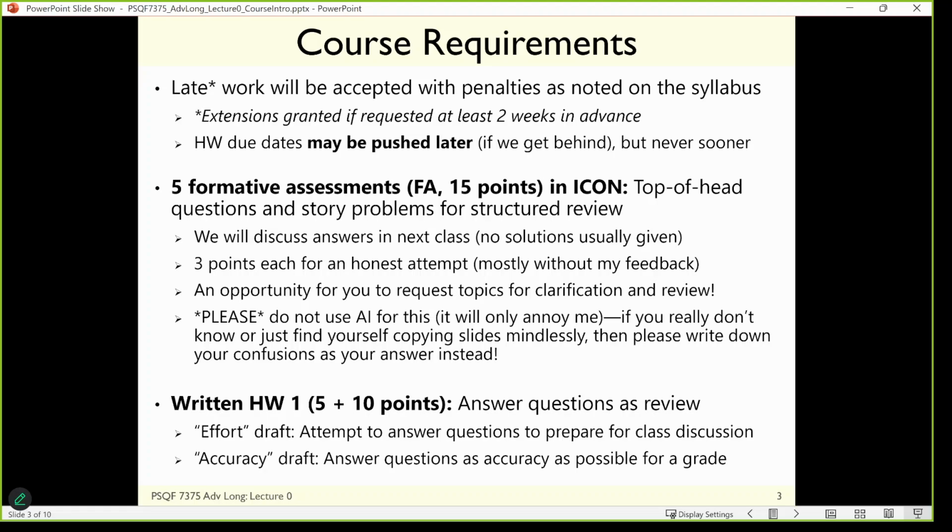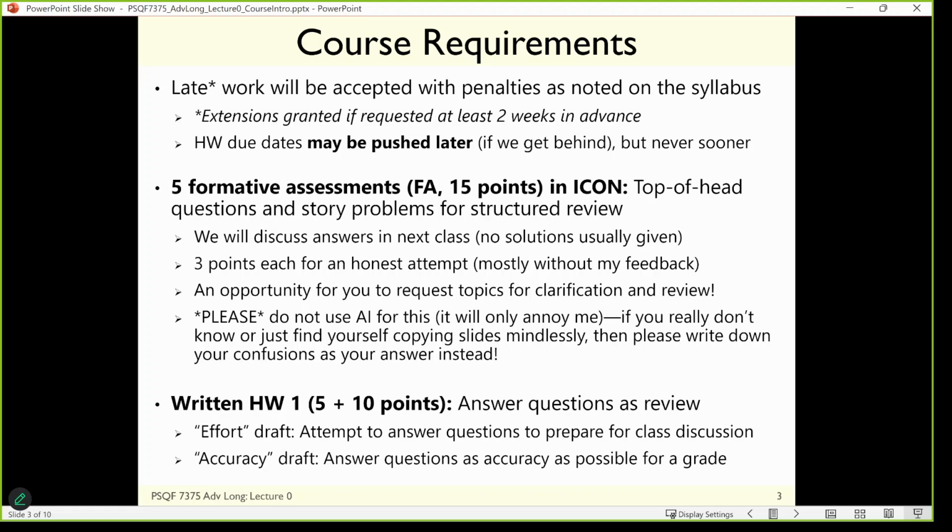And I want to have you do these in your own words as much as possible. The idea is that you start from a first draft, sort of a brain dump. What do you know on your own? You can go to the book, go to the resources, and fill in the blanks. I'm calling this an effort draft, and you will get 5 points, a half a point per question for answering this. I'm going to collect them, make sure everybody did it, not offer feedback, but then we're going to have